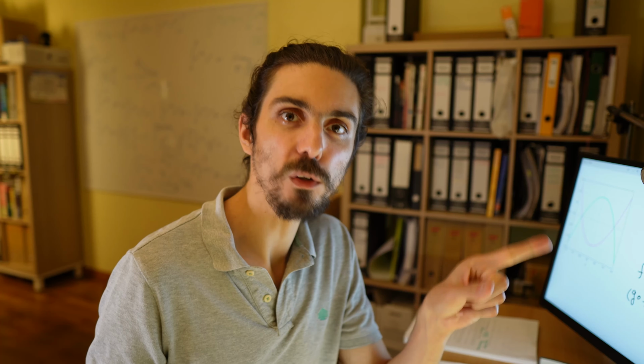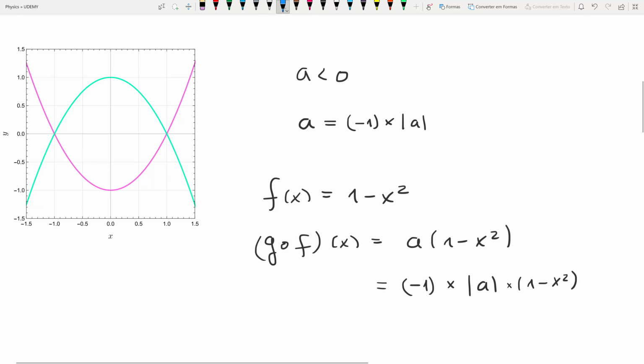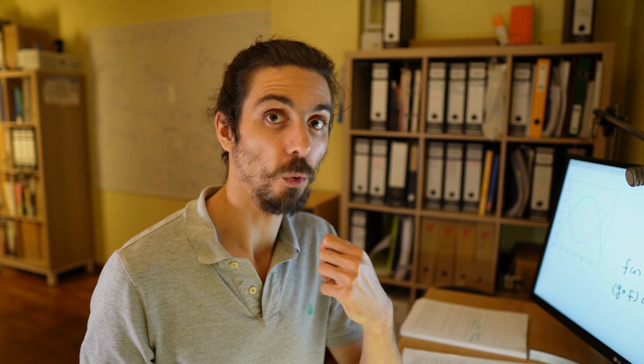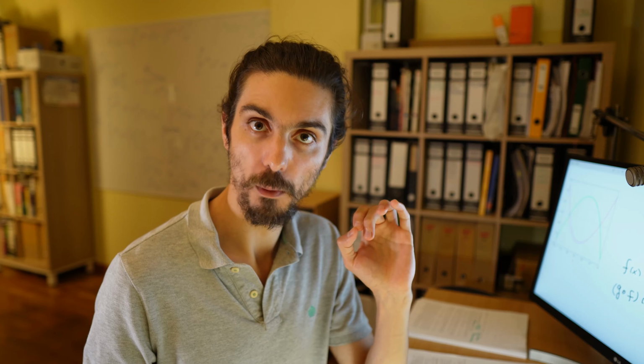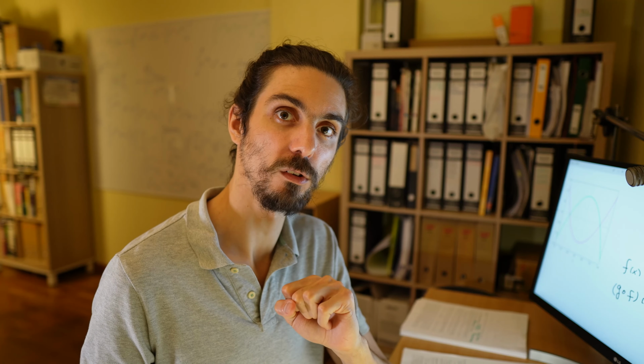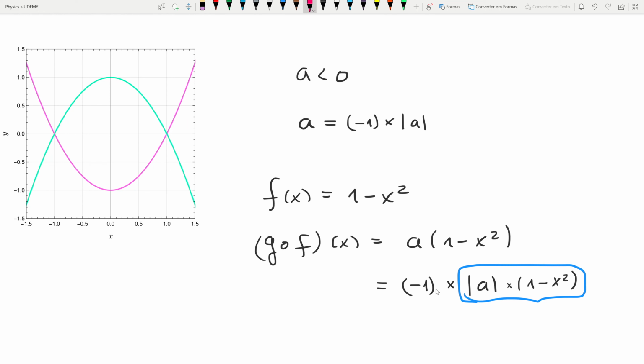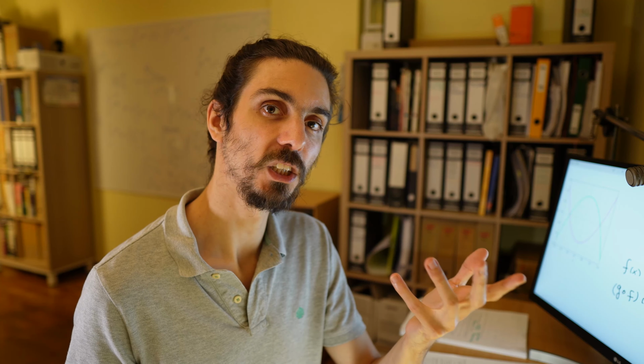But now look closely at this formula. We can see exactly that this transformation that happens here, from the original function times something, requires exactly the kind of analysis that we just did when the parameter a was positive. The only thing that is new is the multiplication by minus 1,